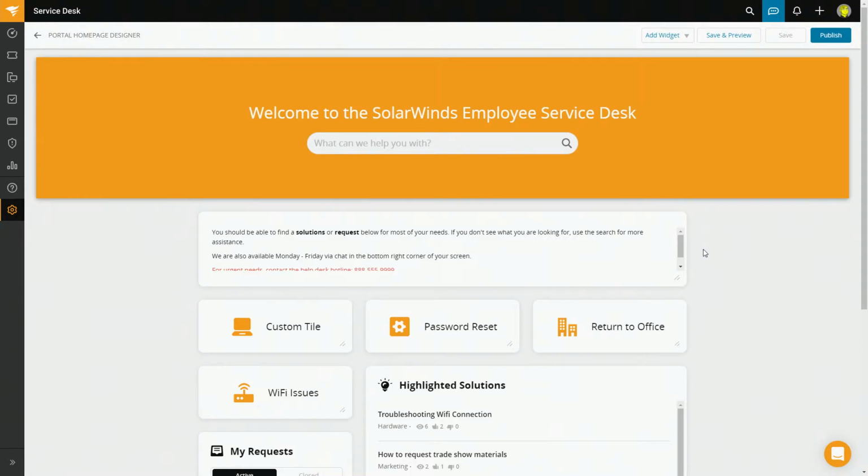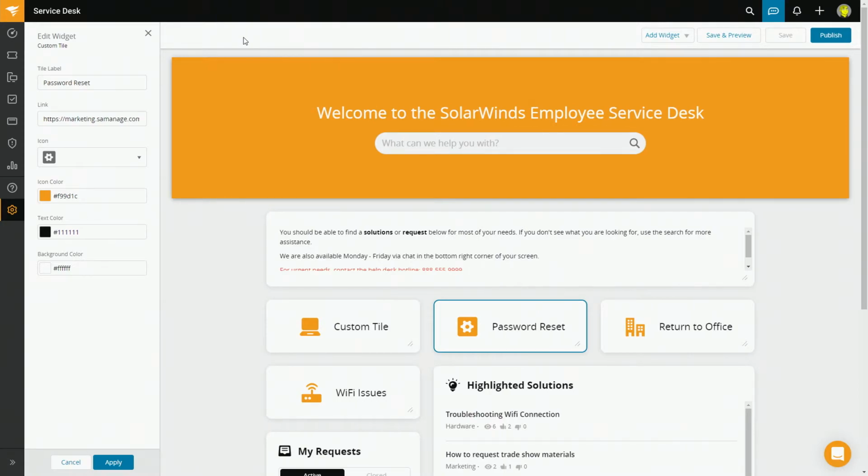One of the things I like to do with a portal like this is actually take the most common support requests and build kind of a focal point for them so people are encouraged to click on that and get the solutions. These are a couple good examples where we have a password reset, a return to office, and Wi-Fi issues. If I look at any of those, you can see we can put in a title, the link that we want to go to, an icon, and coloring. Now, if this doesn't happen to meet your branding, of course you can change this to anything you want, anywhere in the spectrum. Then you can go ahead and organize these in whatever fashion works best for you.